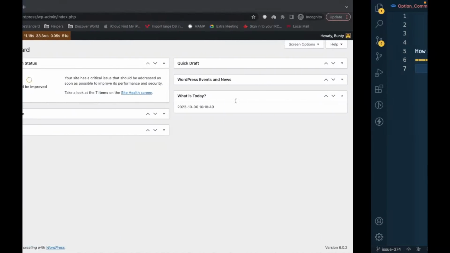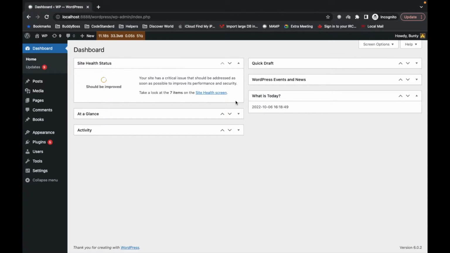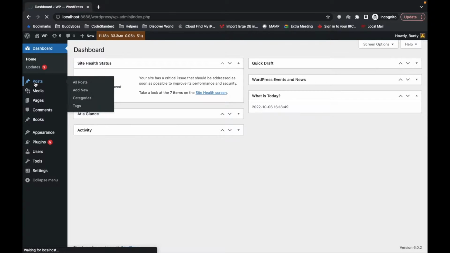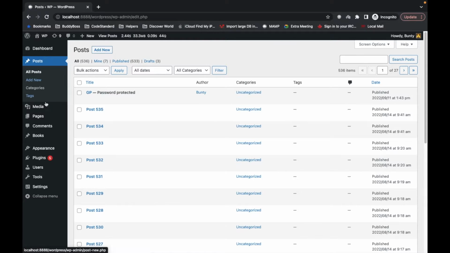So let's jump into protecting the post, and it will be applicable for any post type, post, page, or any custom post type. I'm gonna show you with the post, and similarly you can do the same for the pages or any other custom post type. So let's say I want to password protect this post 535,